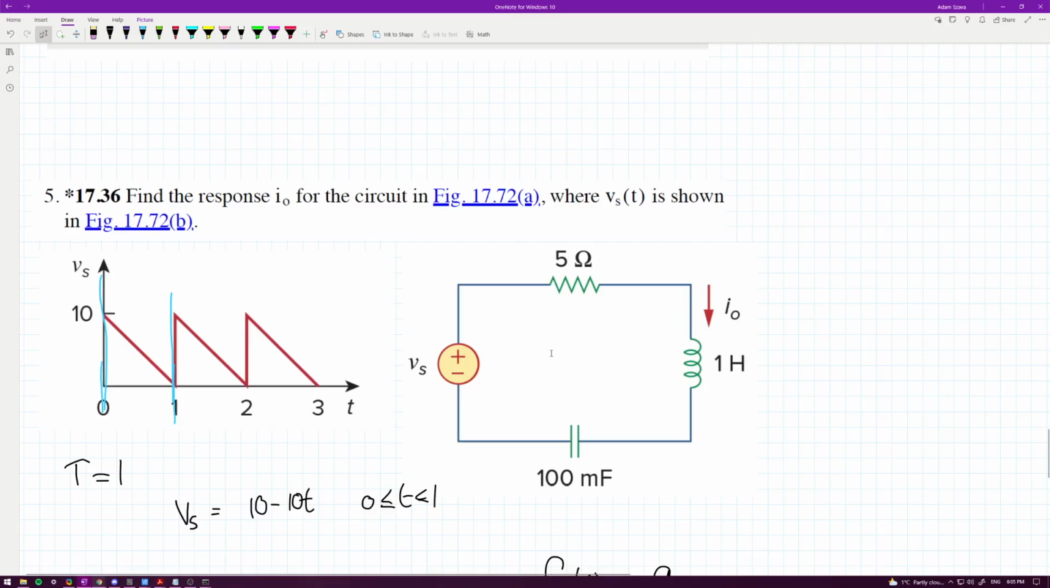Figure that out. Also, can you send the Quizlet solution for the